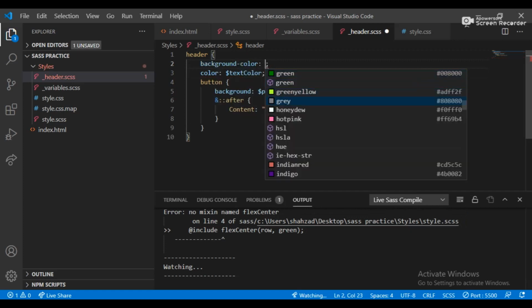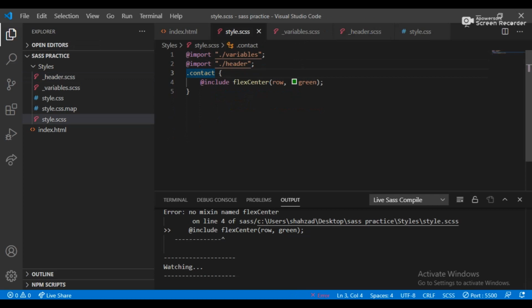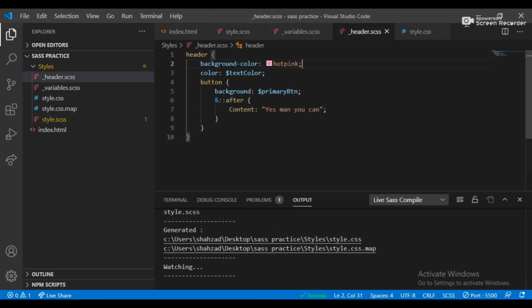This is the gray, hot pink, and style we just need to remove the include, select center, and yeah, that's cool. I just want to add this header also, same to the header.